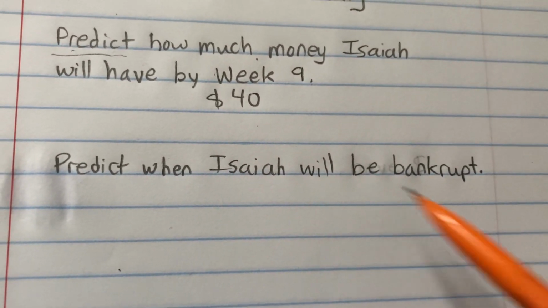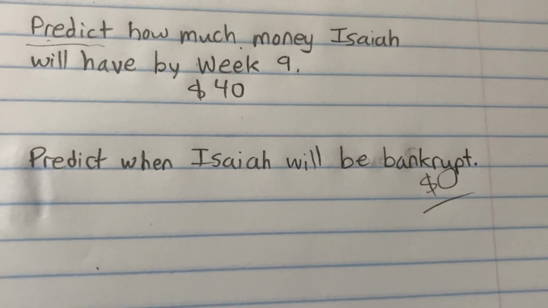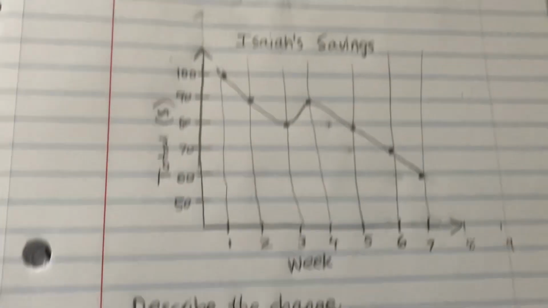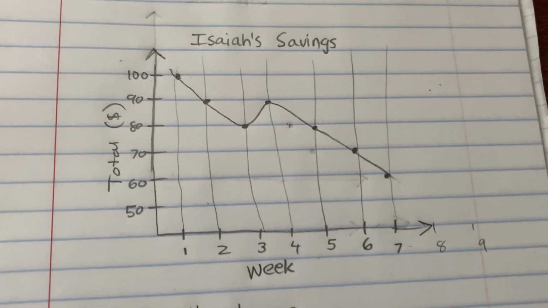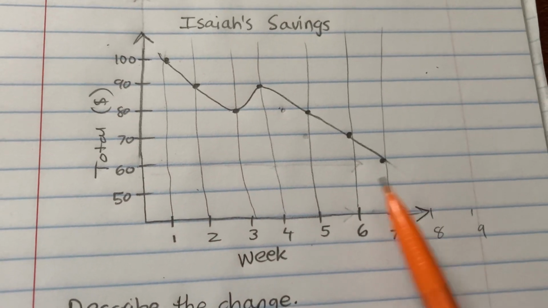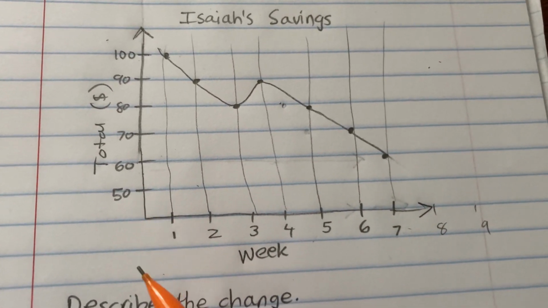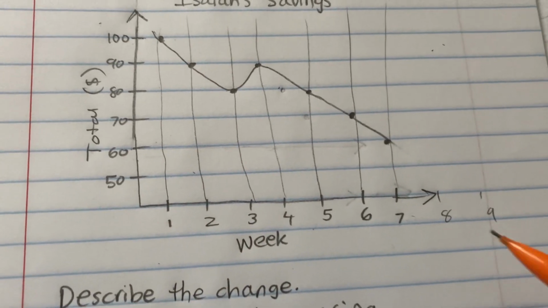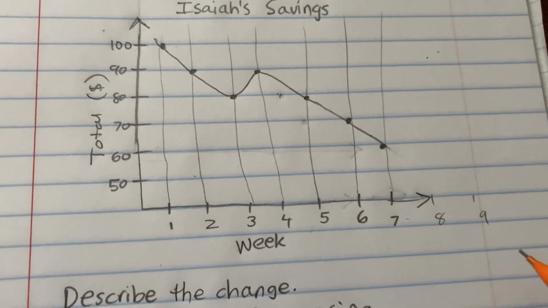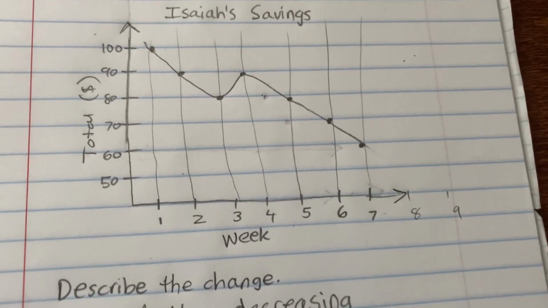Okay, what about this one? Predict when Isaiah will be bankrupt. That means when he has $0. Well, when will he be bankrupt? So this graph only shows up to $50 or $60. We need to see what week it would be when this goes down to 0. Well, since this is decreasing, maybe by week, I don't know, 13, he could have $0,